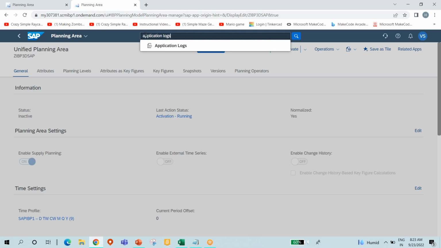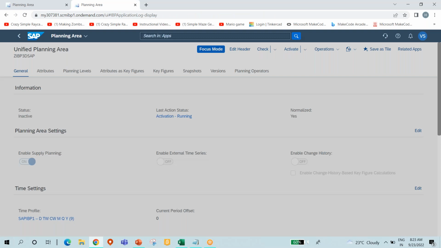And this is very cool, because in the standard SAP environment, we do have to remember the technical name. If we have to go to the application log, we have to remember, for example, if it is an APO system, /n/SAP APO/, then there will be some T code for this application log and everything else. But here, if we just remember logs, I can just type logs, and all the relevant names will come. I can just choose out of it. So I'm going to the application logs